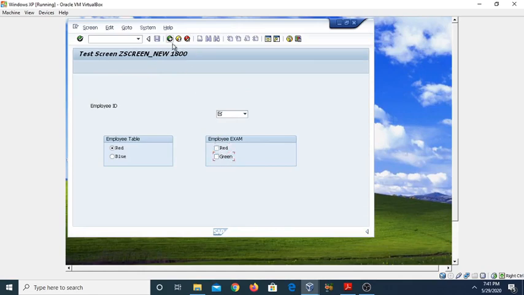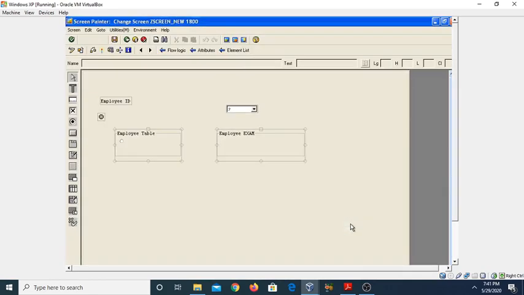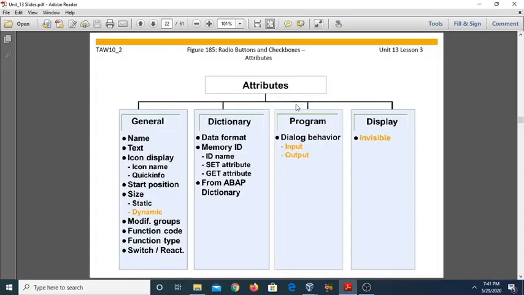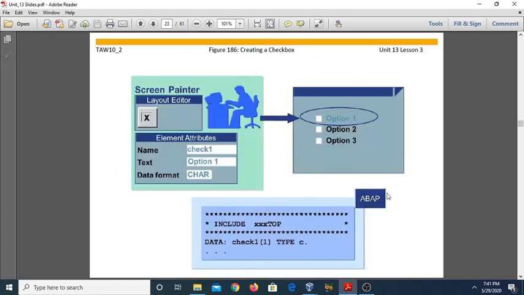Now come to the main thing, that is the attributes of the radio button and checkboxes. Similarly, we have a number of attributes: general attributes, dictionary, program and display attributes. I have already discussed the practical example of how we can create checkboxes.